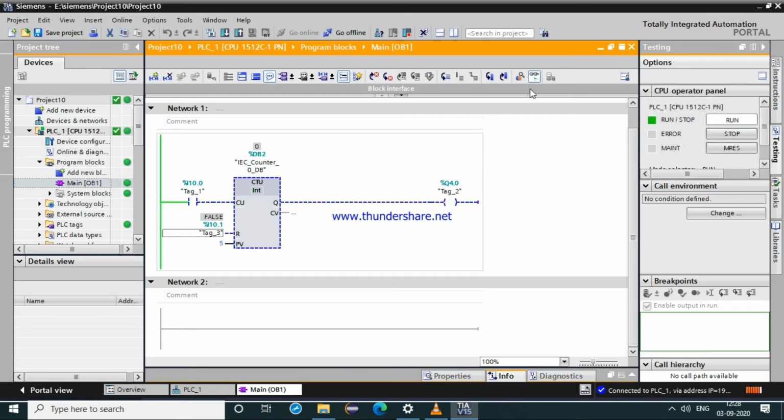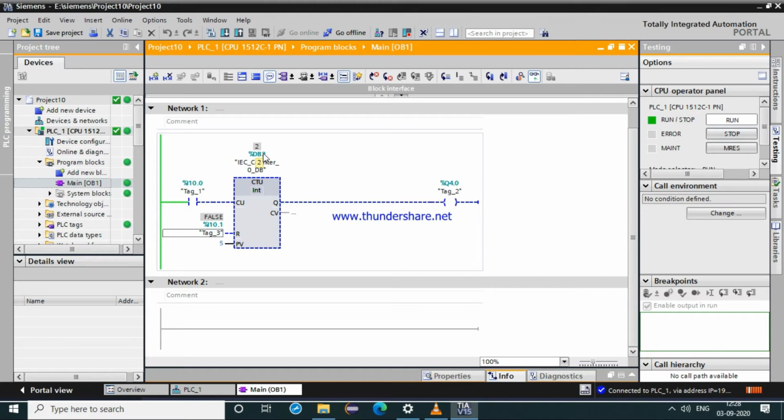Now what we can see is when I press my input 10.0, my push button or any other button through which we will be giving our current supply, it counts 1. When I press it for the second time, it will count 2.